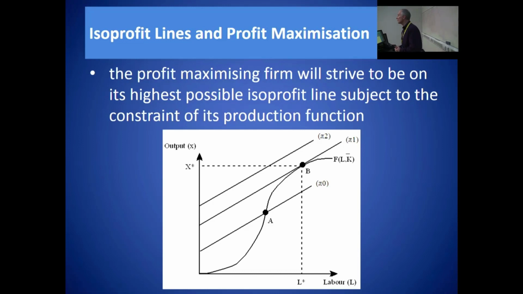That, if you can remember from last week's lecture, if you can't, it doesn't really matter. But that curved line is the firm's short-run production function. That showed us the relationship between inputs and outputs with a fixed capital stock. And if you can remember, if not, I'll remind you, the reason we drew it in that particular shape is